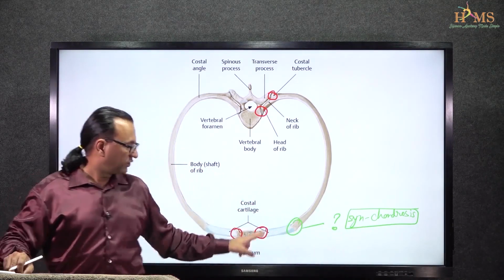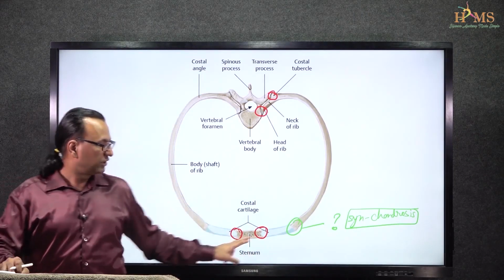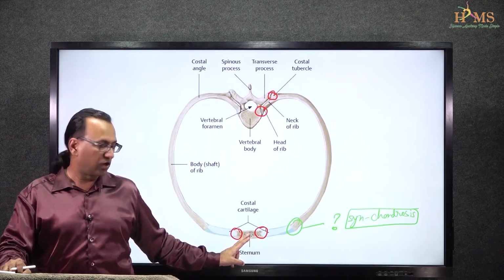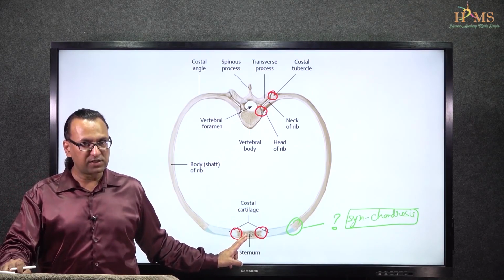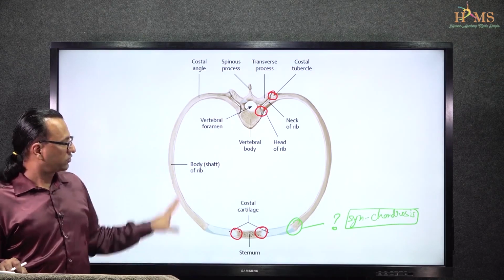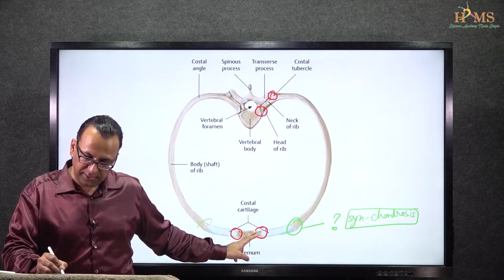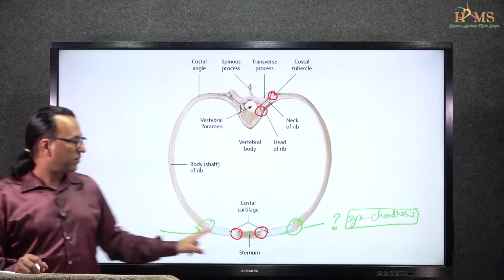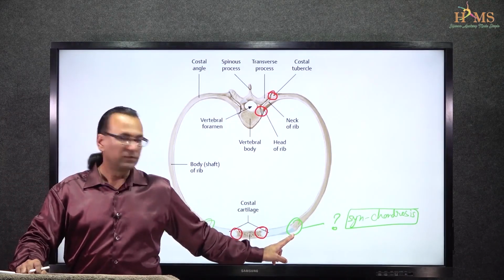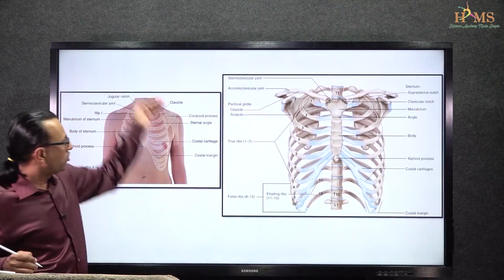And the one which you are seeing here, plain synovial joint, which you are calling the costosternal joint, should actually be called the chondrosternal joint because it is between the costal cartilage and the sternum. But usually speaking, we keep calling it the costosternal joint, plain synovial joint. But these joints here, maybe on this side or that side, should be considered as primary cartilage joint or synchondrosis. You can look at these joints once more from the front view.